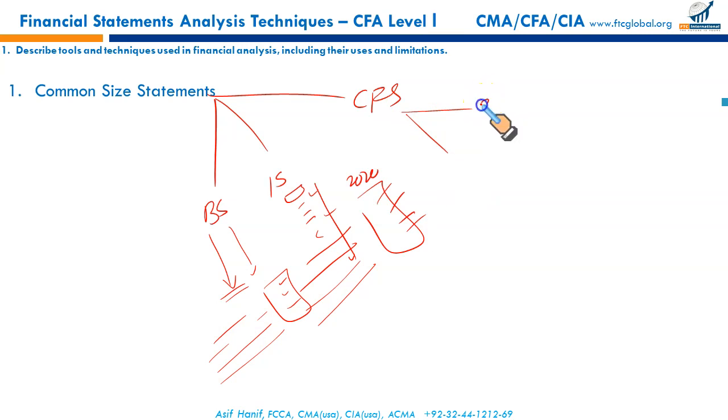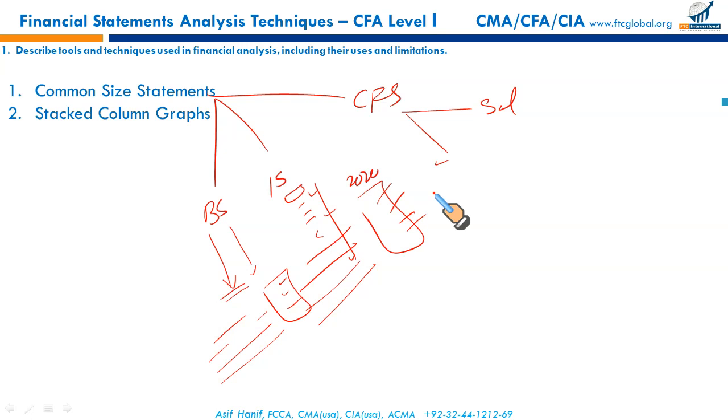Either we take the sales revenue as the base and every number in the cash flow statement is expressed as a percentage of sales, or we can use the total inflows to serve as a base for every inflow and the total outflows to serve as a base for every single outflow in the cash flow statement. These are the two ways, one of the tools we use. We can compare the income statements and balance sheets of two dissimilar businesses, and it could be much more beneficial for us for making good analysis.